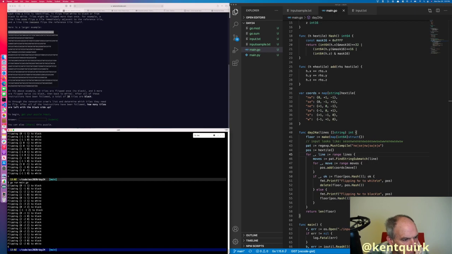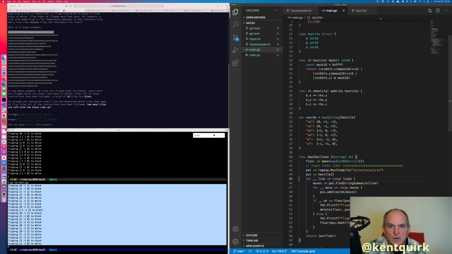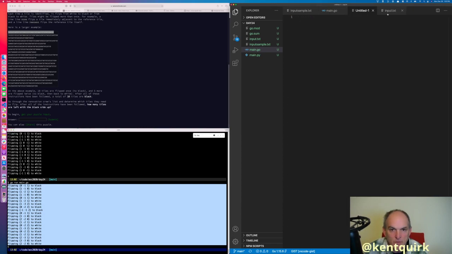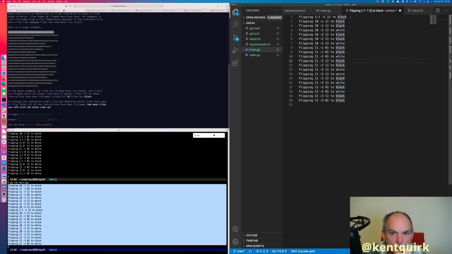I'm going to pull all these in and sort by position so I can see what I think we saw. Copy. I'm going to paste that in. Sort lines. So, that one's black. Oh, so this, no. So